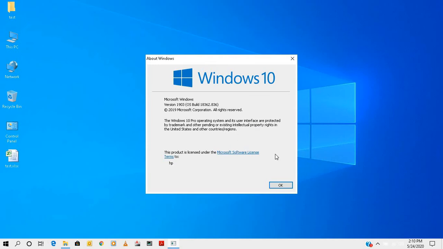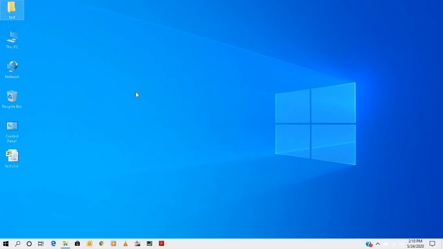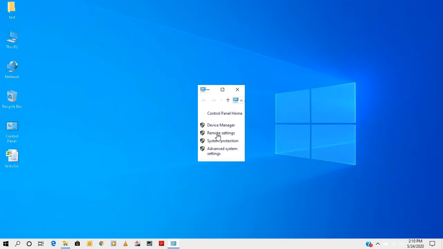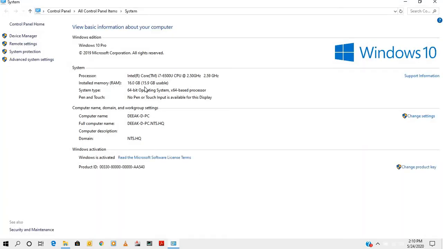Sometimes you don't know what version you have, so you just put in this command. Otherwise, the second option is to right click on This PC, go to properties, and see your Windows version. But it will not show the exact version, it shows Windows 10 or something similar.